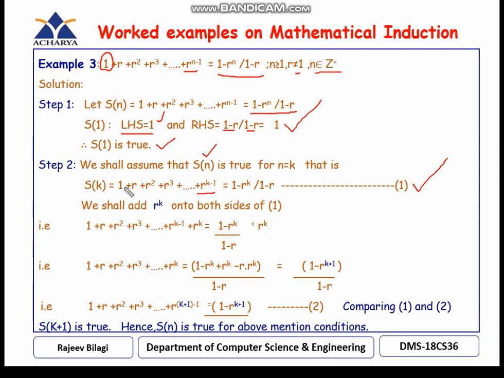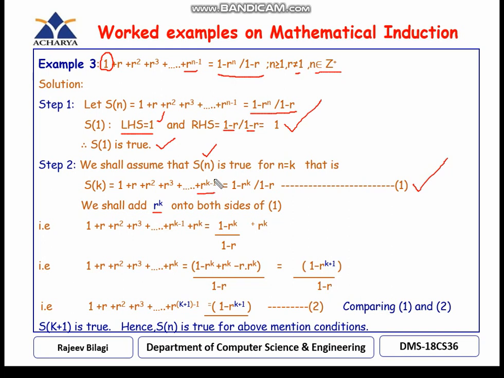So now if you look at 1 plus r, it is as good as 1 into r to the power of 0 plus r to the power of 1 plus r square, r cube, r to the power of 4. Now I need to add the next element, so that is r to the power of k. One extra, if you add one extra r here, into r, so minus 1 plus 1 gets cancelled.